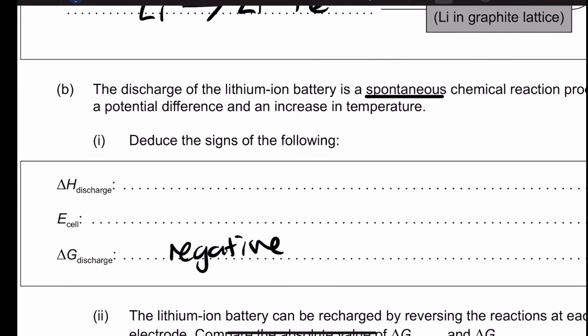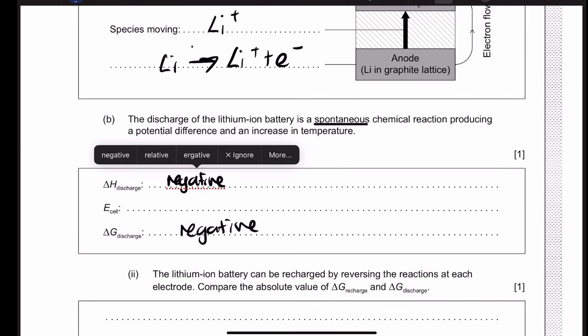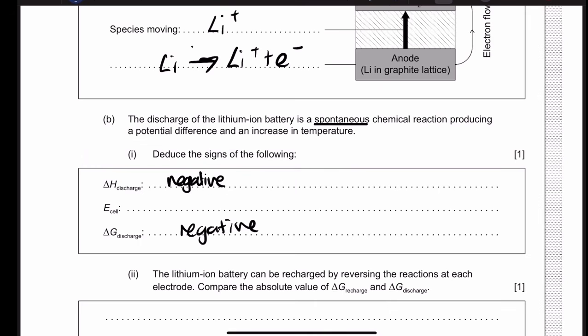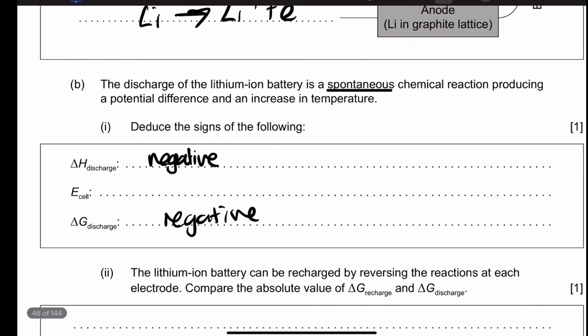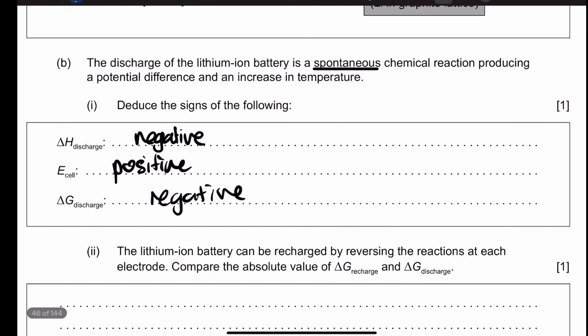So from that, we know that our delta H for discharge is also going to be negative because it's going to be an exothermic reaction, hence the increase in temperature. We know it would be a decrease if it's endothermic. And then, even from these two, we should be able to find the E cell, but from the question, we should know that the E cell is going to be positive. There we go. And we can test this combination by seeing what this gives us, but